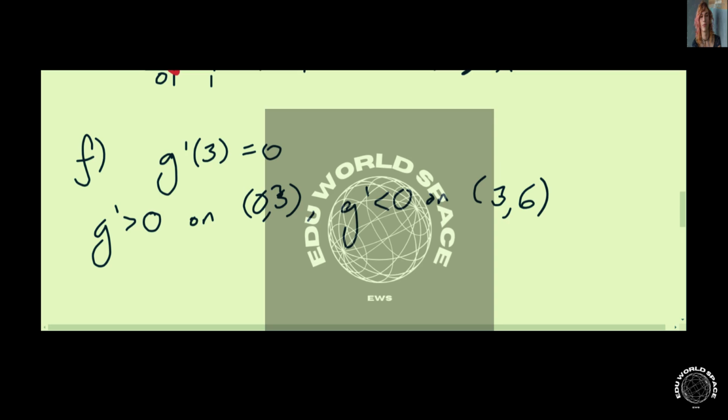Notice also that the rate at which g is increasing gets smaller and smaller as x moves from 0 to 3. So it follows that g prime of 0 is a maximum